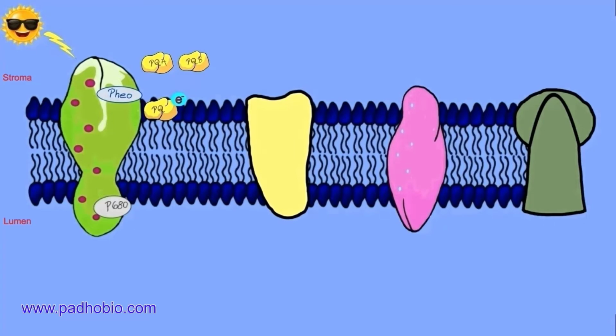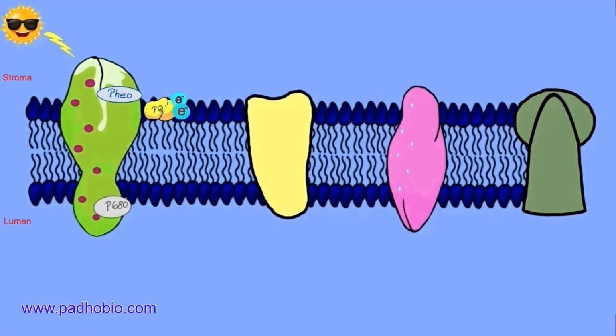and plastoquinone is a combination of two molecules, that is plastoquinone A and plastoquinone B, which act together. Plastoquinone A is tightly associated with the D2 protein and plastoquinone B is loosely associated with the D1 protein. To become active, it requires 2 protons from the stroma and 2 electrons from pheophytin. That's why a total of 2 photons are required to excite photosystem second to transfer 2 electrons from pheophytin. So again 1 photon is required to excite photosystem second to release 1 electron which is transferred from pheophytin into plastoquinone.